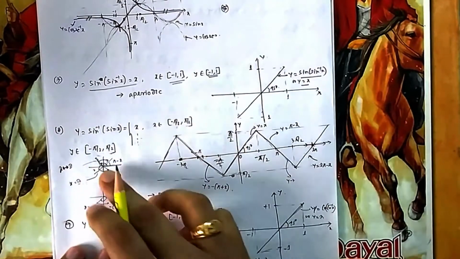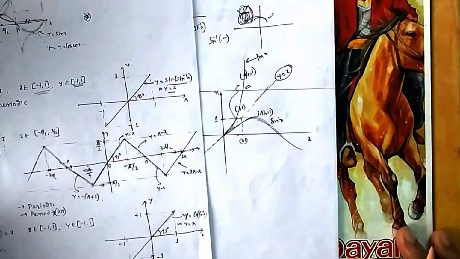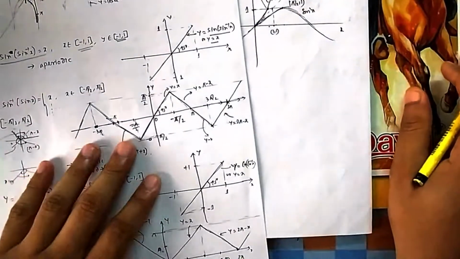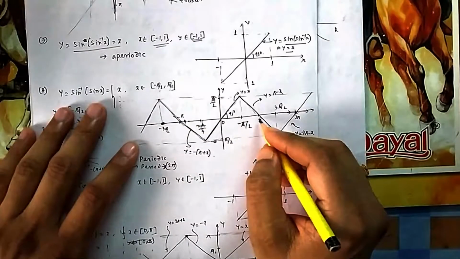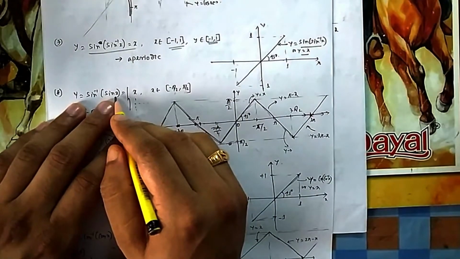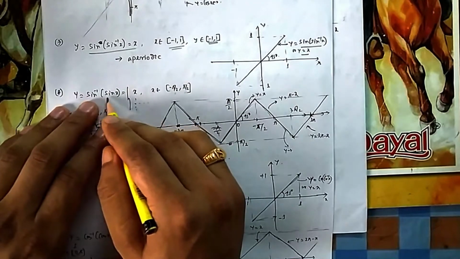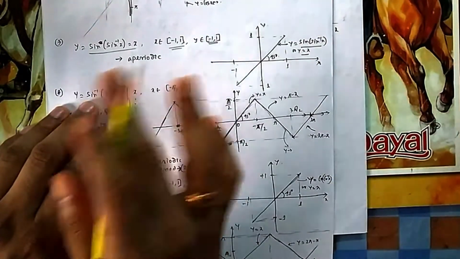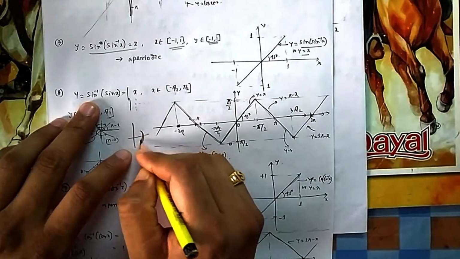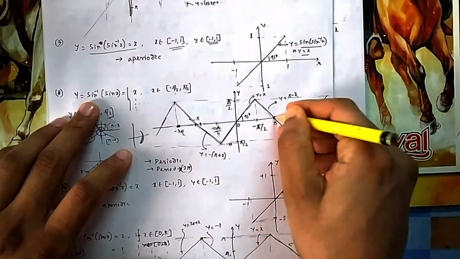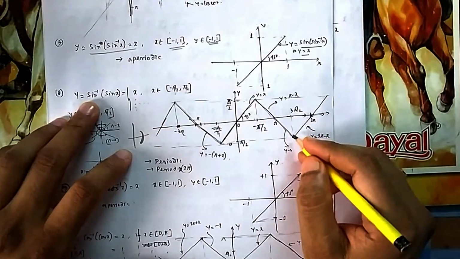So how will we find it out? With a similar concept, see which quadrant it is going to, and bring it back, or you can draw it by seeing also. Suppose I put pi, what is the value of sine pi? Sine pi is 0. So what is the value of sine inverse? Sine inverse 0 will not give you pi. Sine inverse 0 will give you 0, because the sine inverse answer should be between minus pi by 2 to pi by 2. So that's why at pi it should come 0. So you can draw a straight line again.